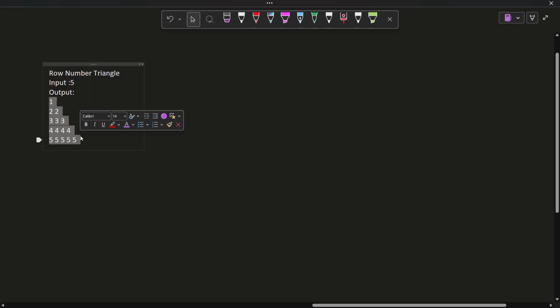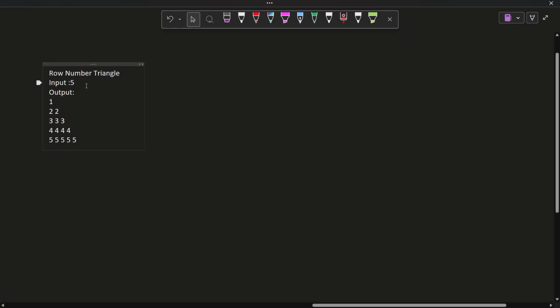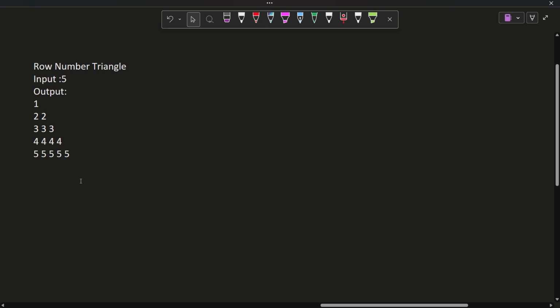So let us start with the initialization, or let us start with the tracing. Initially, I'll take the input as 5, or it may be anything. Let me zoom it. I'll create a for loop. This is for the row purpose. So int i equals 1. Clear? Now i less than or equal to n